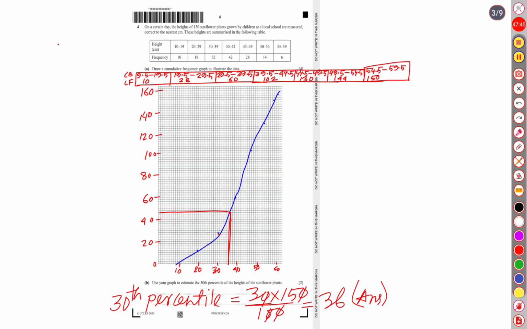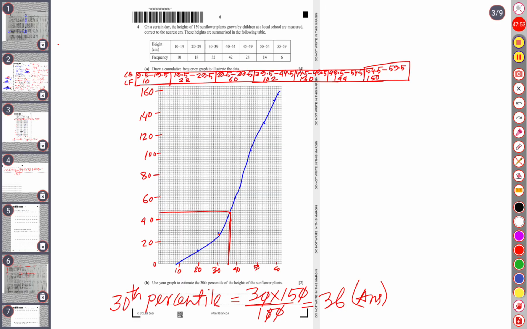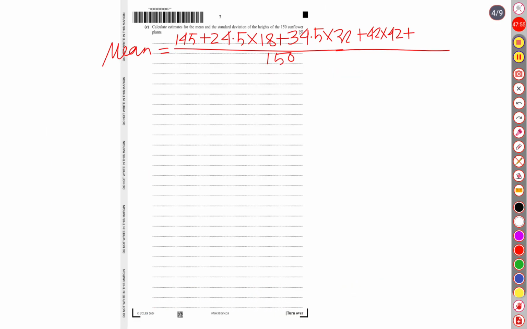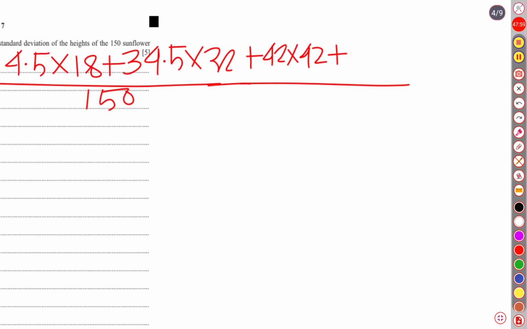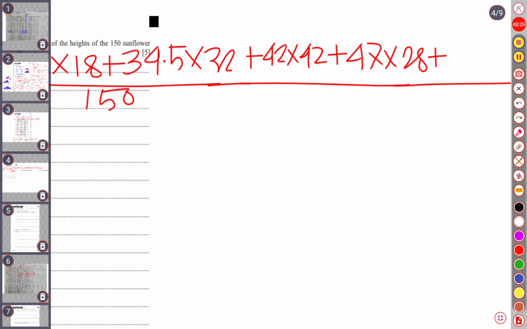Next class was 45 and 49. That is 94. Half of 94 is 47. 47 into 28. 47 into 28 plus the next class width is